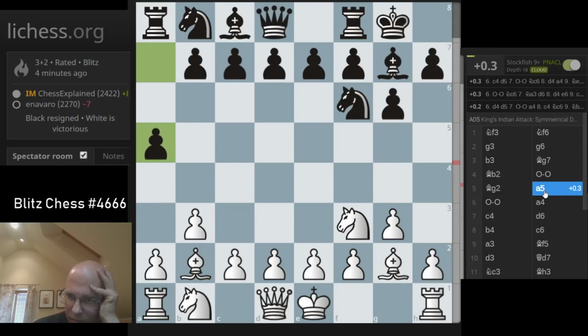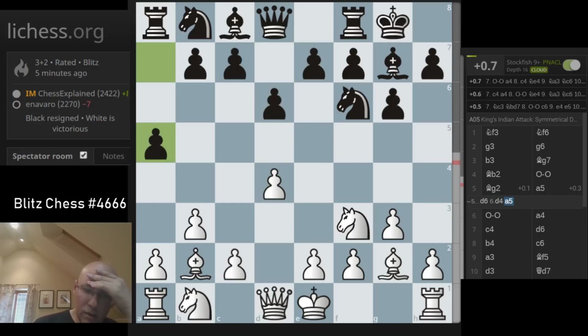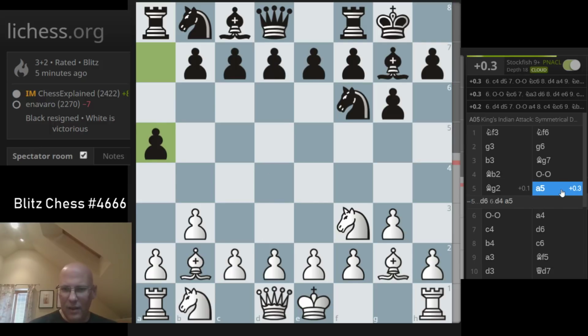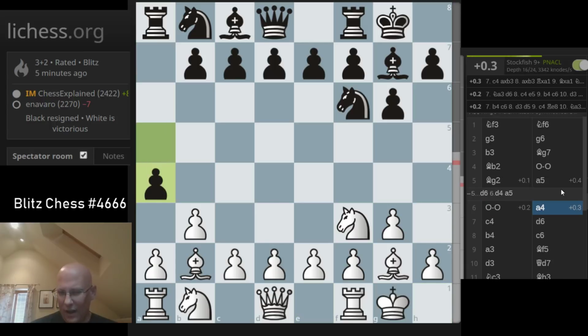a5 is, I think this is playable. If you want to do it, I think it is more advisable to do it like that. Provoke d4 first and then go a5. But okay, it's just white's setup is quite slow, so you can do things like a5, a4 without being immediately